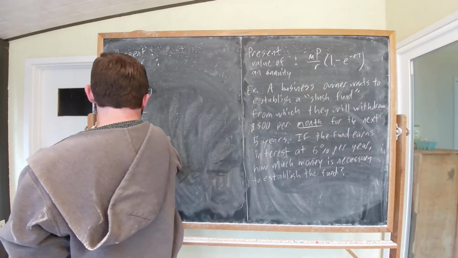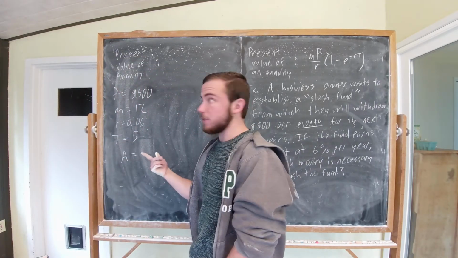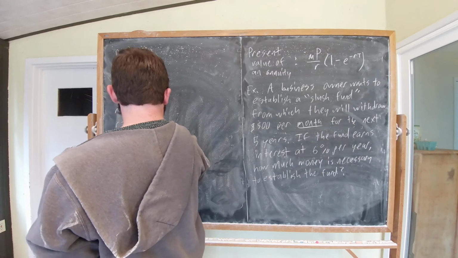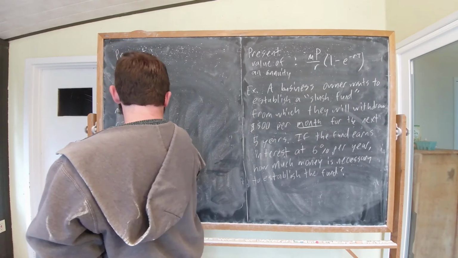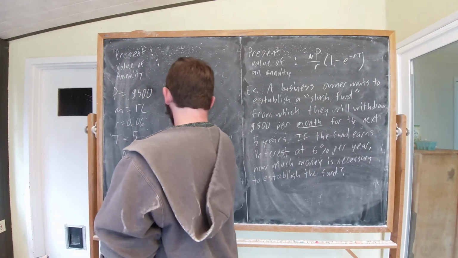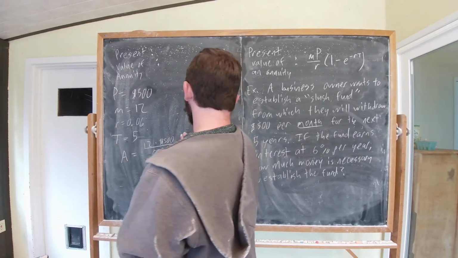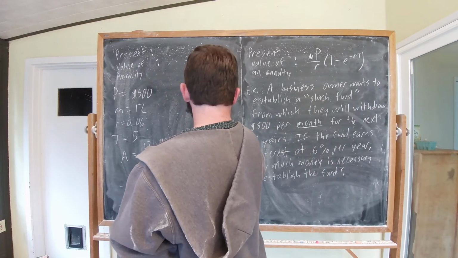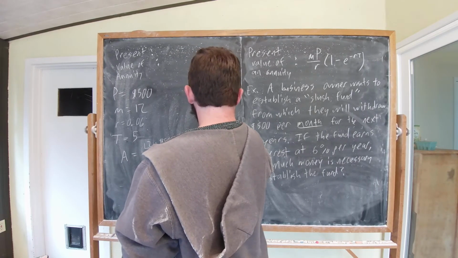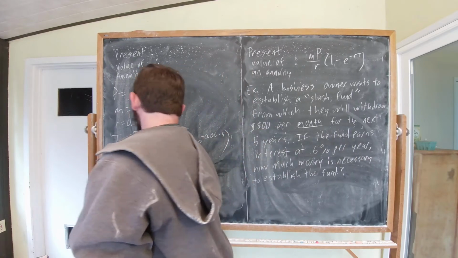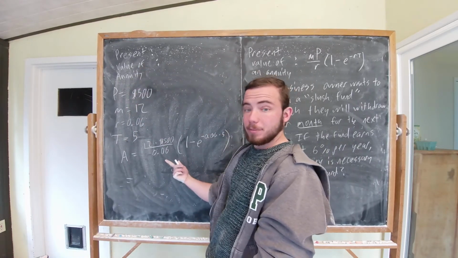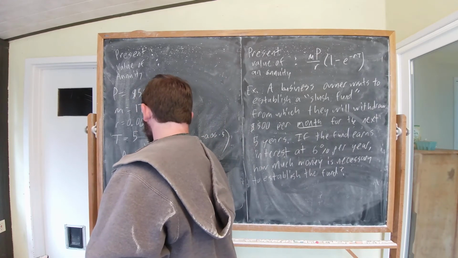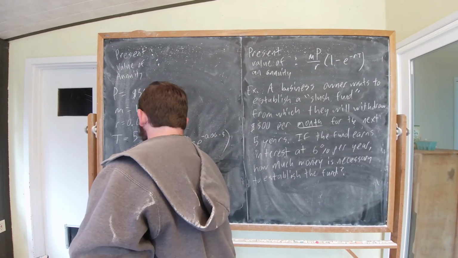Our amount that we need to establish the fund is 12 times $500 divided by 0.06 times 1 minus e to the negative 0.06 times 5. Start doing the arithmetic there, and you're going to end up with $6,000 divided by 0.06